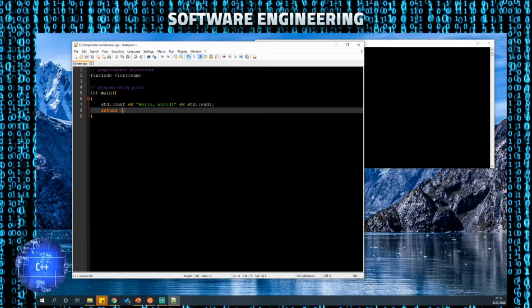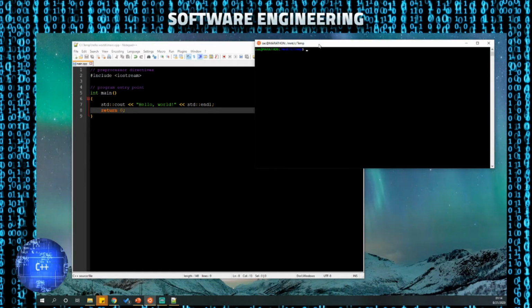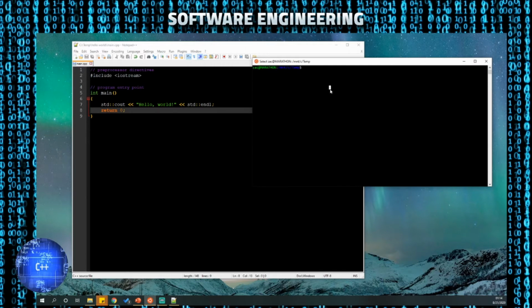Alright, so now I've saved my source code. This is the editor I've used. Save the source code. So now I'm going to come over to the command prompt, go into the directory I just created. G++ is the compiler we'll be using for this. And I want to compile it to